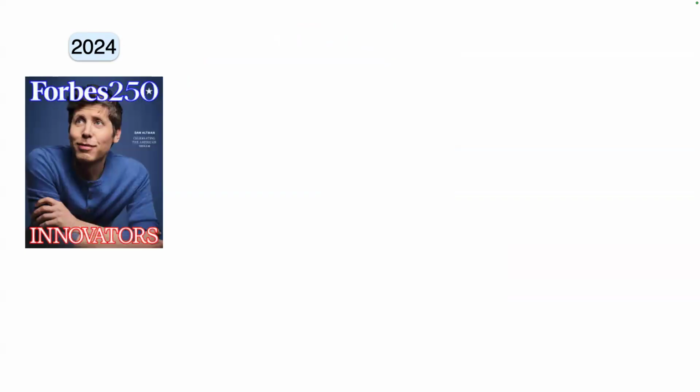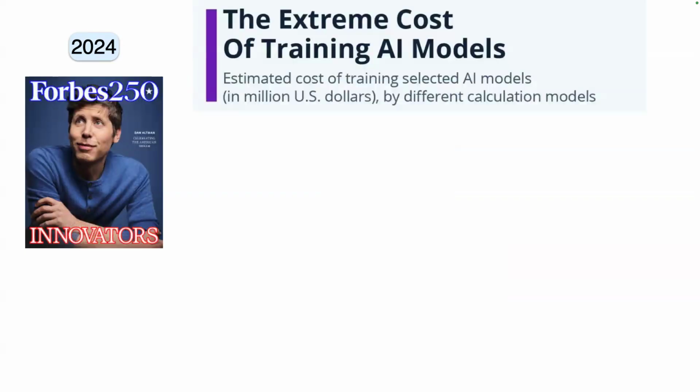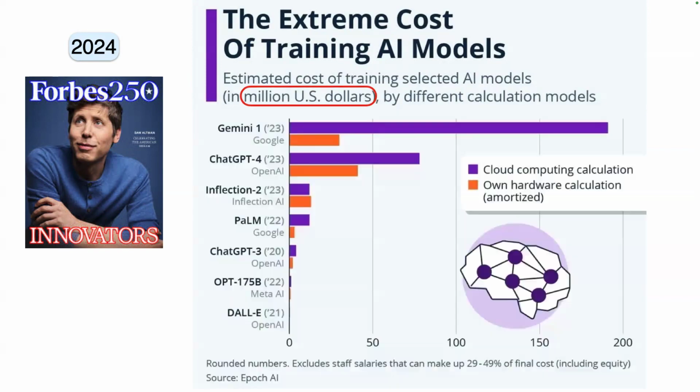So when you look at the pre-training, you look at the costs. A couple of years ago, Forbes magazine published an article about how much it costs to train such a model, and these numbers are in millions. You can see that to train Gemini 1 would cost you almost 200 million, and even if you amortize over what Google already has, it costs maybe 40 million to train such a model. And that's just for the training itself, excluding the cost of labor and so on, which would add about, let's say, 30 to 40%. Something like that. So it's very expensive, not something we can do.